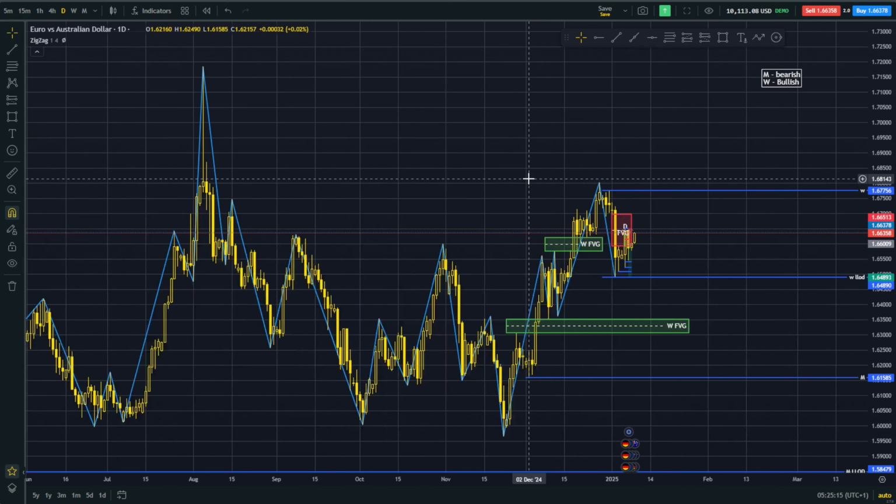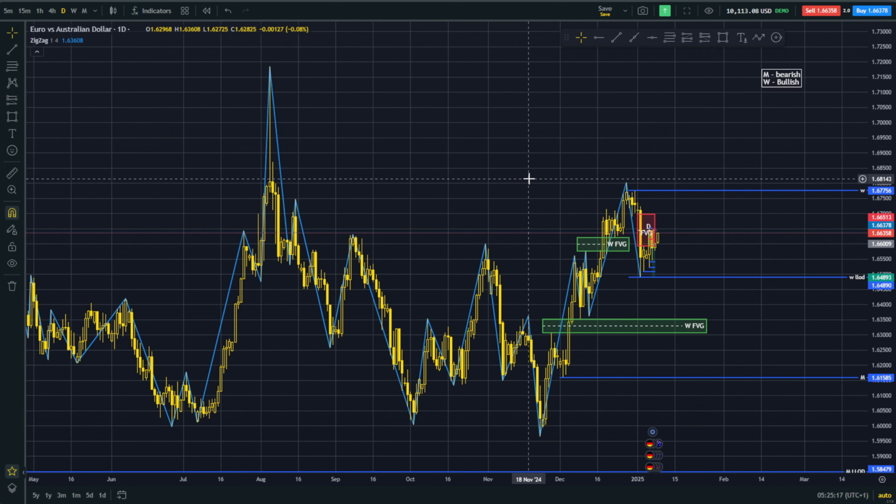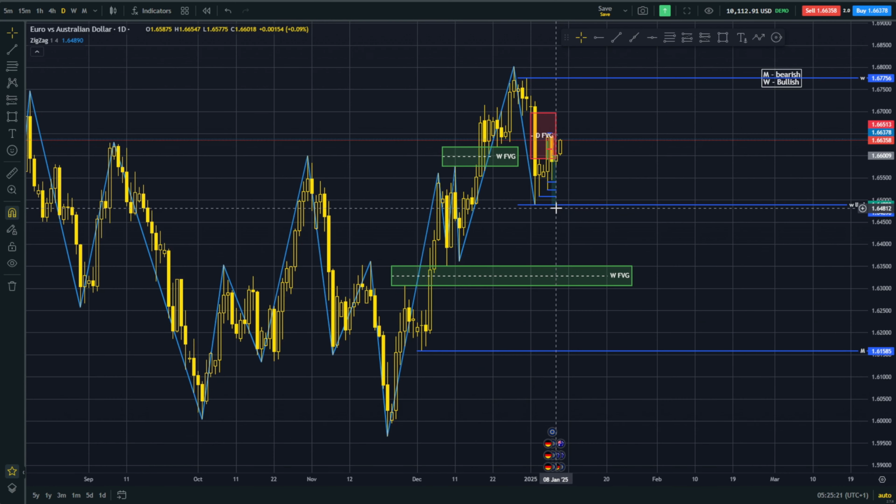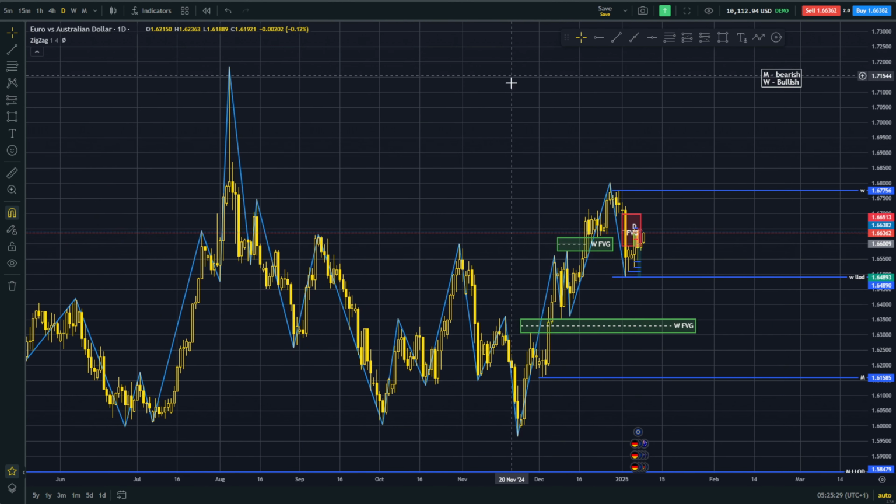But looking at it now, I'm seeing a totally different thing on the market, right? I'm seeing a totally different thing. I'm seeing a possibility of price actually heading for this high currently. But I'm not even going to attempt trying it yet. I want to know the real direction of the market. I'm going to look at this market, just watch it from afar and see how it goes.